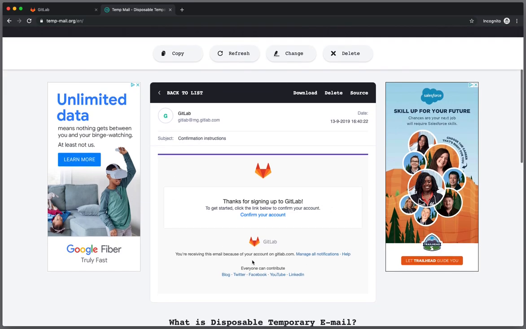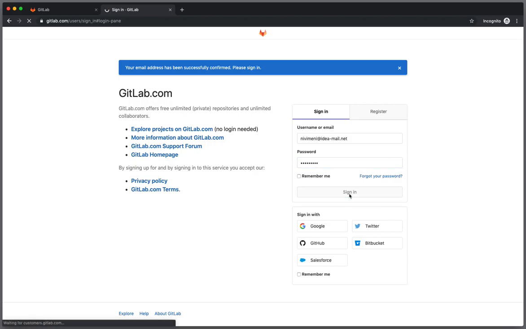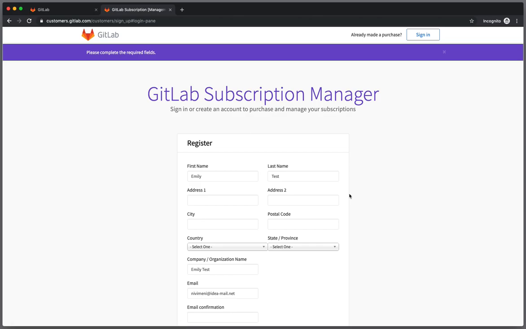So I get in here and see that I have the confirmation instructions, and I'm going to click the link to confirm my account. All right, so my email address has been successfully confirmed and I need to sign in. So I'm going to sign in with my account that I just created. All right, now that I've signed in, I thought I was going to be able to purchase my GitLab.com account